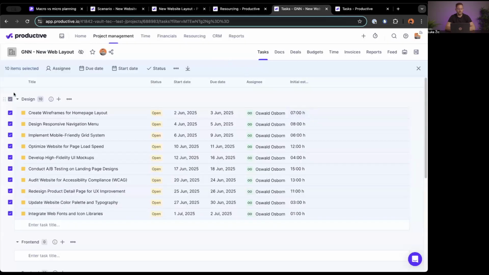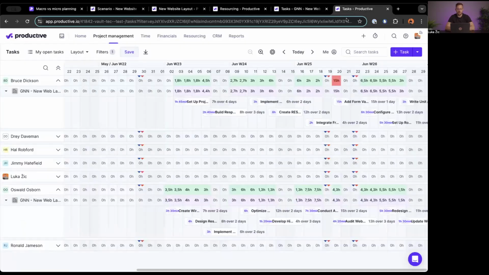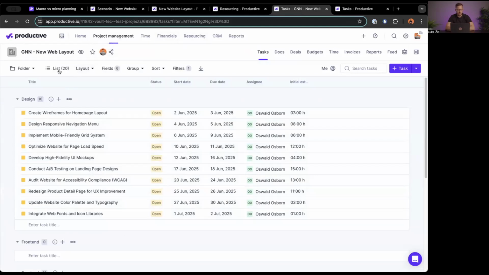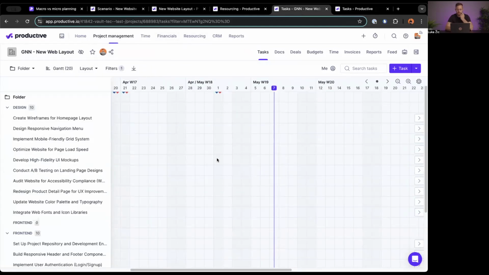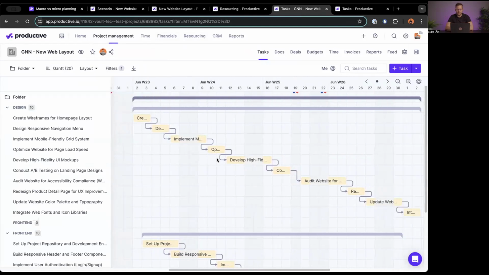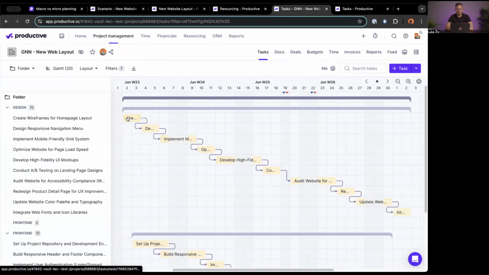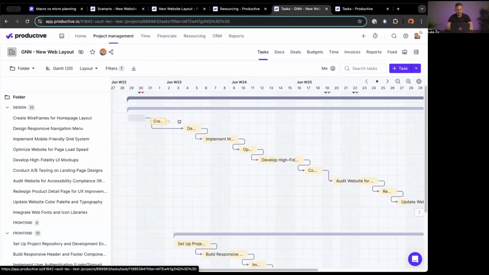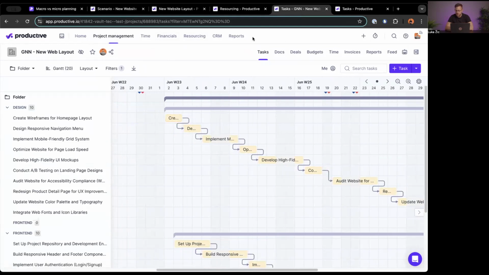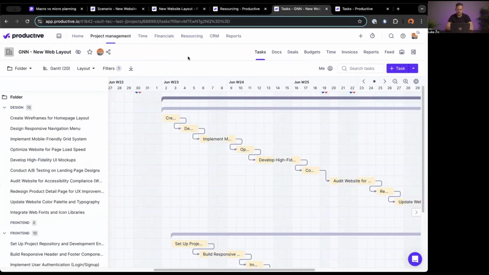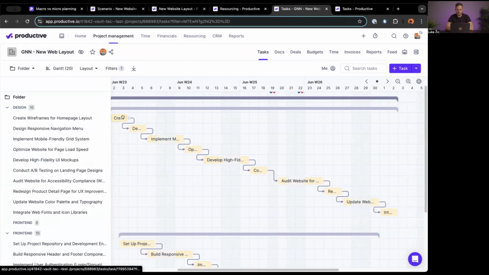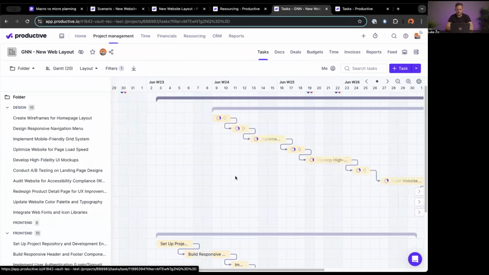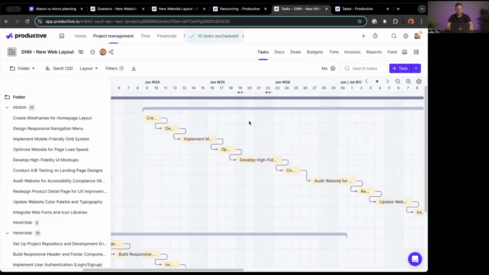Alternatively, what I can also do, if I have my dependencies set up here, where is it? Let's go into the Gantt view. If I have all of my dependencies set up, I can simply take the first one and push it forward by a week, as long as I have my setting turned on, which I do not at the moment. So we'll toggle this little thingy on. And at this point in time, we will simply move everything here into the future. And that's the way that we would update our project plan both on a macro level and on a micro level.